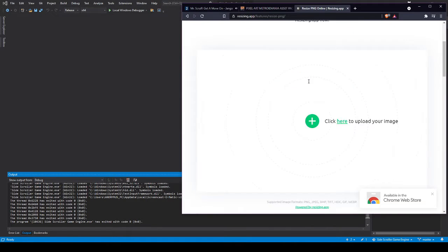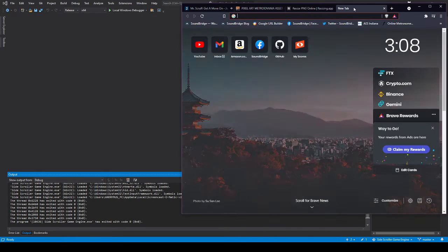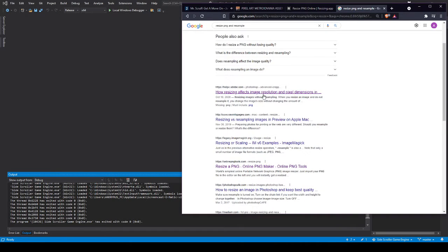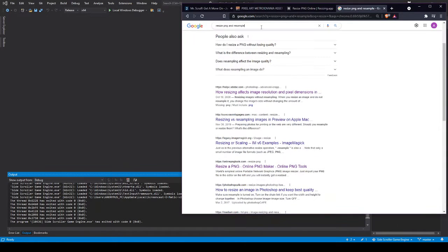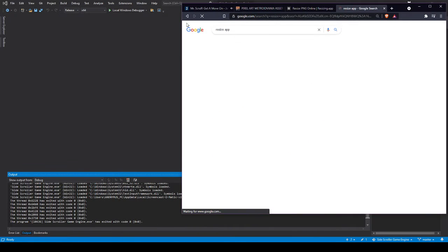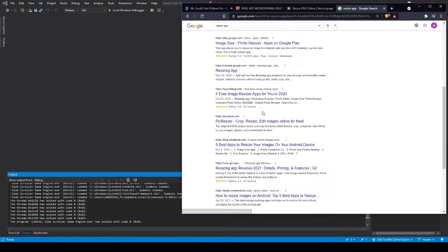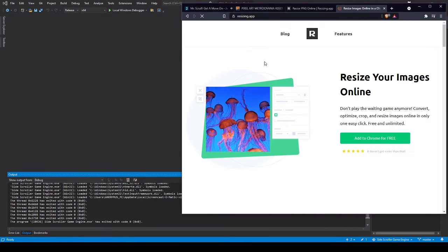So this is an app called Resize.app, and I found it just by going to resize PNG and resample, and searching for resize app. Yeah, it's not the first. All right, here we go. Resize app, is that at the very top here? And yeah, that's about it. But anyway,